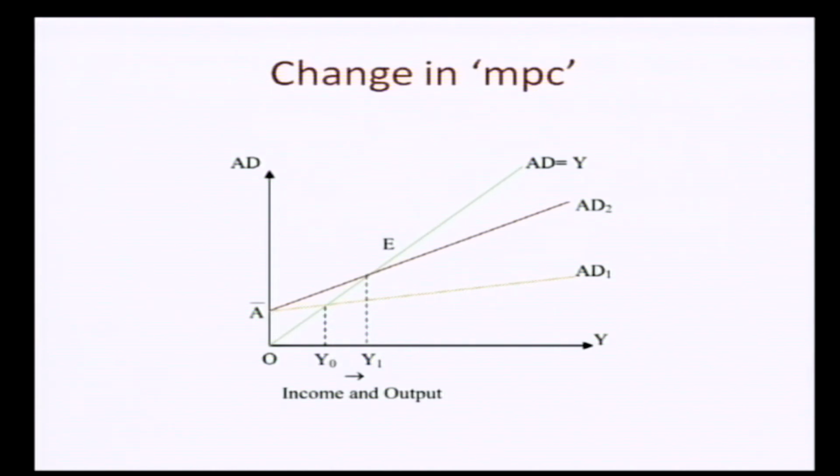So this is another case, where there is a change in the aggregate demand curve, but here I show that your consumption function shifts. There is a change in the marginal propensity to consume. So from AD1 to AD2, there is an increase in MPC, or the marginal propensity to consume. Because of that, there is a tilt in the aggregate demand curve. Again, in this case, the intersection between the aggregate demand and aggregate supply provides an equilibrium point.